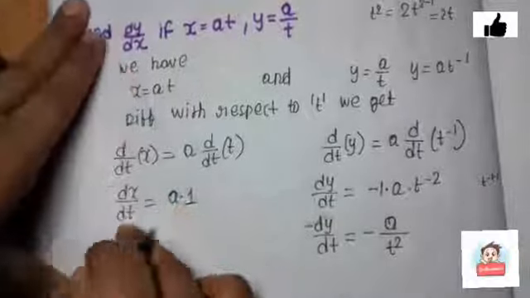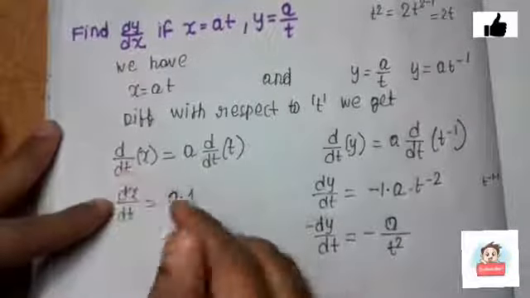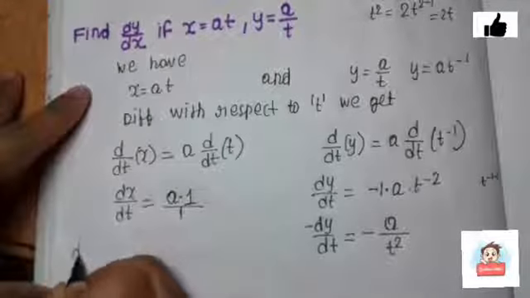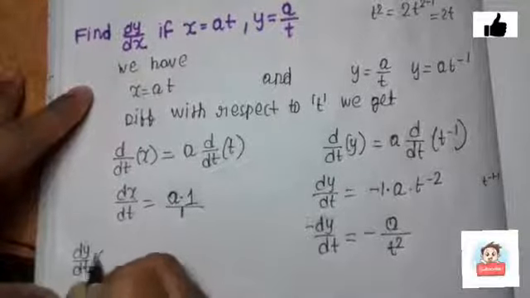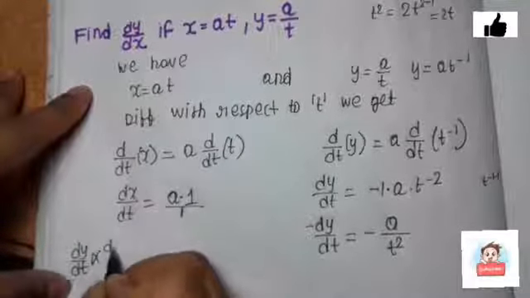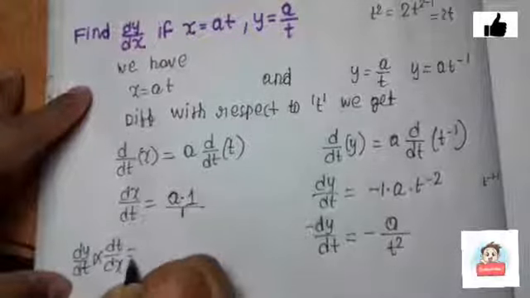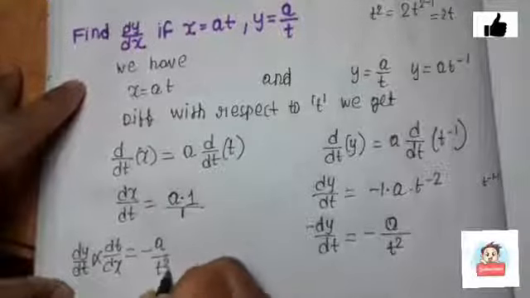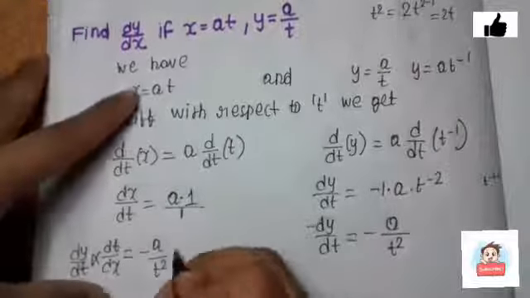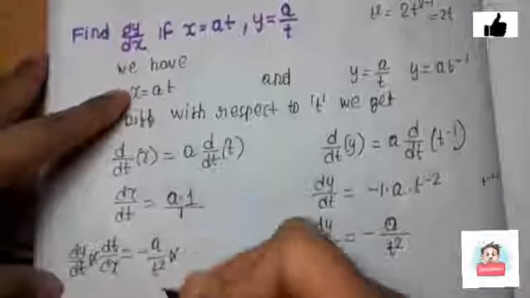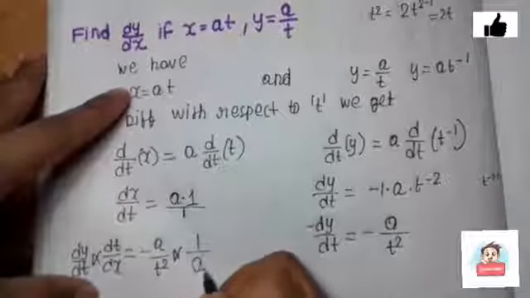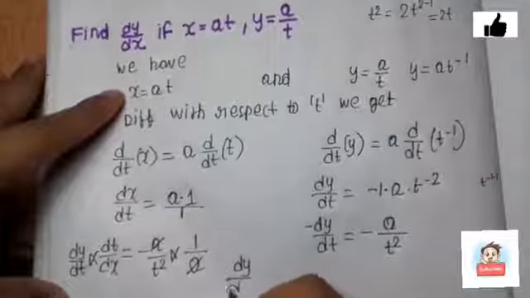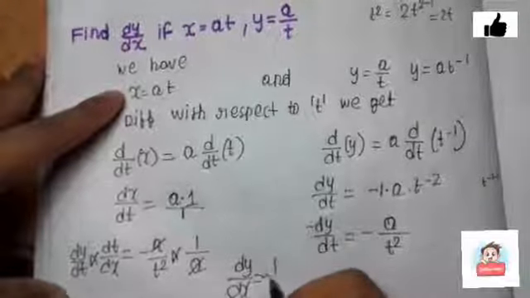So we are watching that dy is in the numerator, dx is in the denominator. We just need to change our dx sign. We need to bring this to the denominator. So 1 comes to a into 1. So we will write dy by dt into dt by dx, it will come as usual a by t square, into, this will come in the denominator in this step, so 1 by a. So when we cut this, the answer comes to dy by dx equals to 1 by t square.